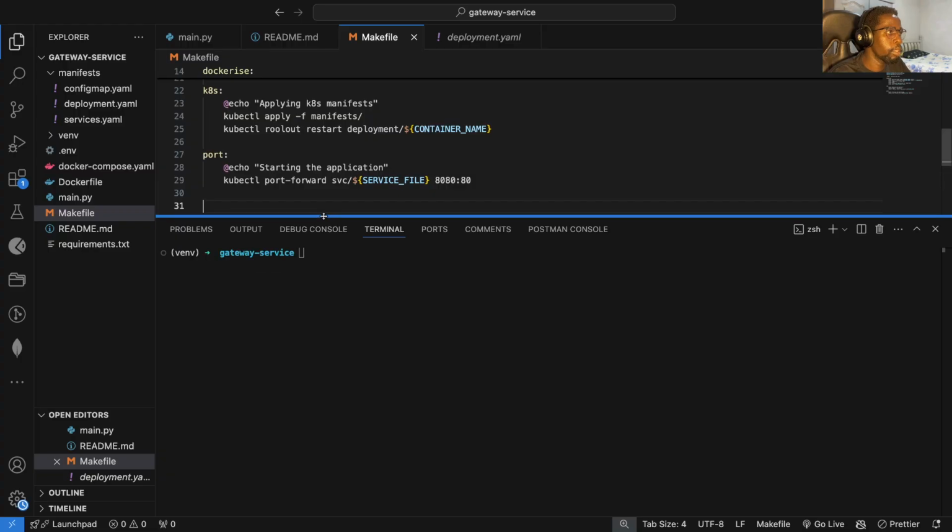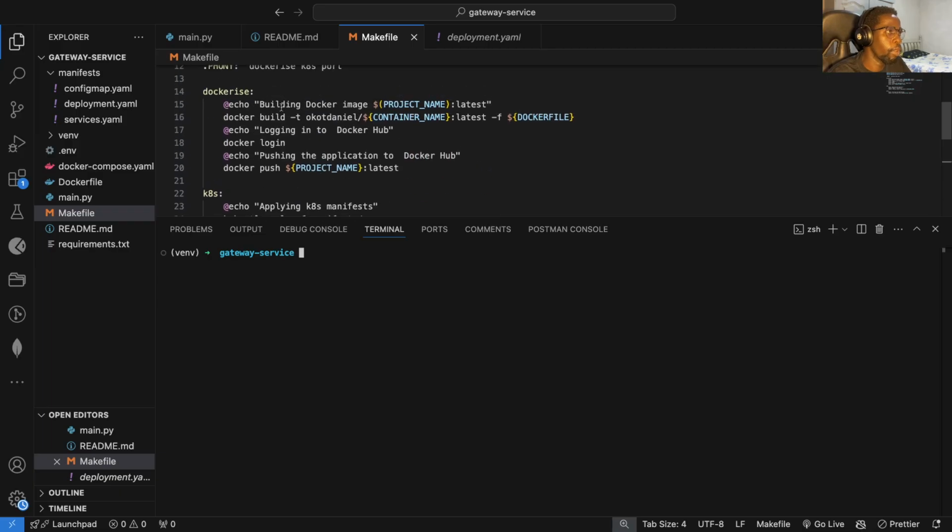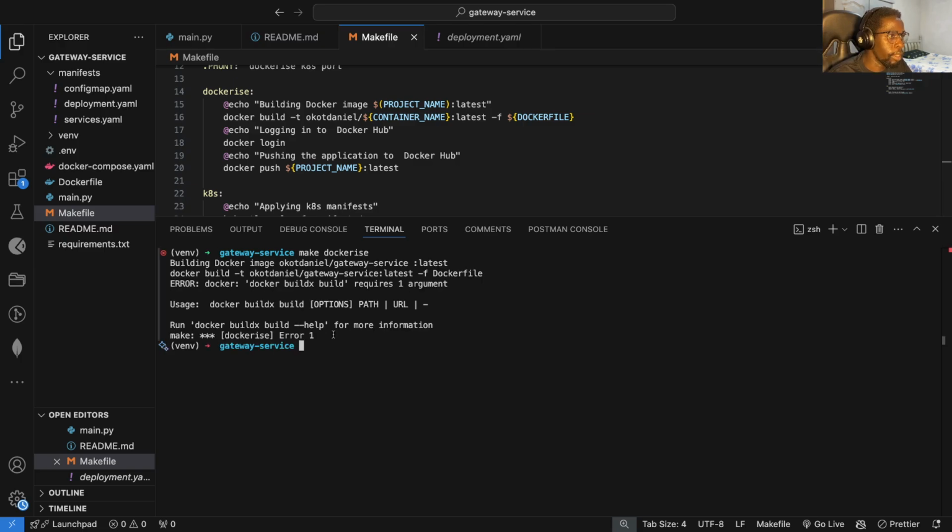Now to apply all that, we just have to run one command, and all the code within that specific block is going to get executed. So when I just do make dockerize, just watch what's going to happen. I think we can see that we do have a couple of things that are not quite right here. So let's just see. We do have an error tag,